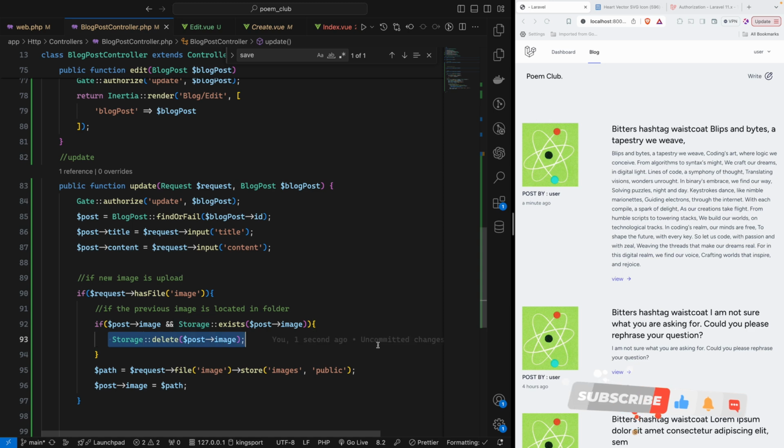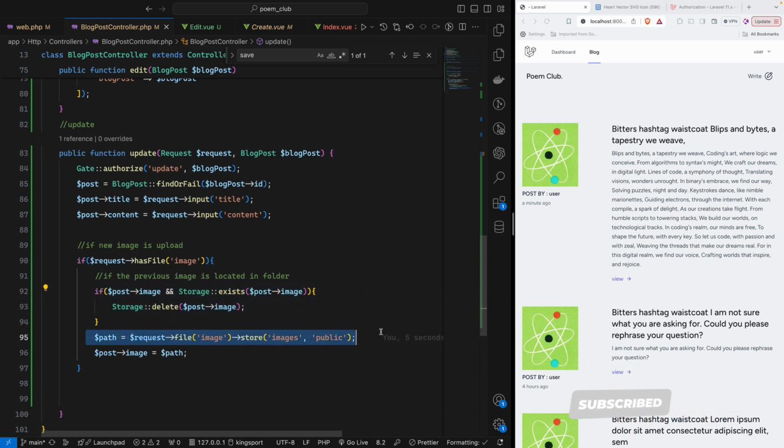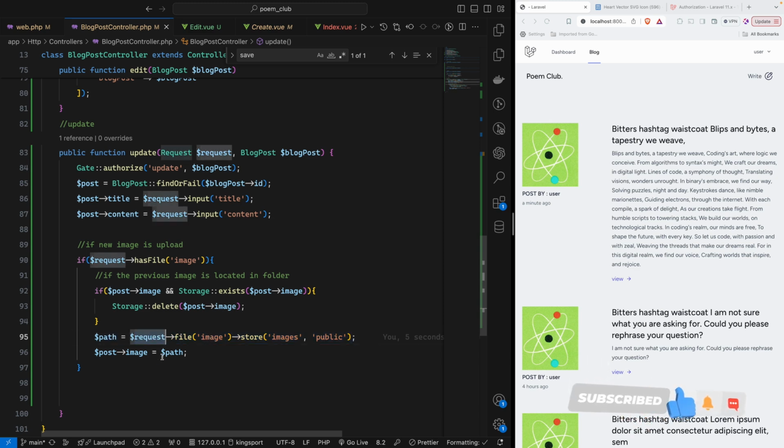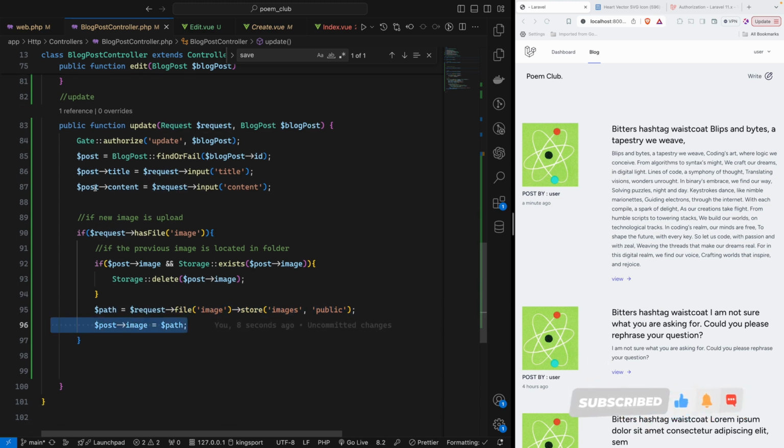We will delete that. We don't want the unused image anymore. Then we will create a new path with the requested user image, and then we update that post image here again. Then we will create the